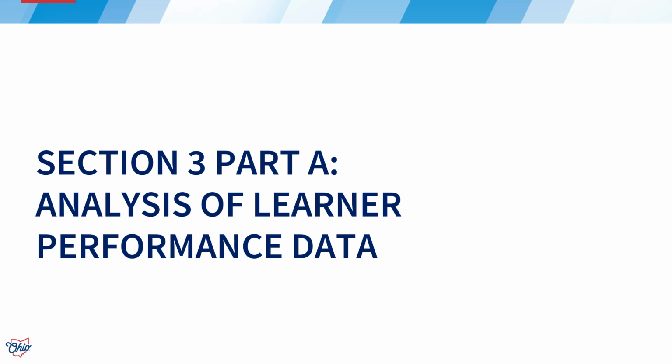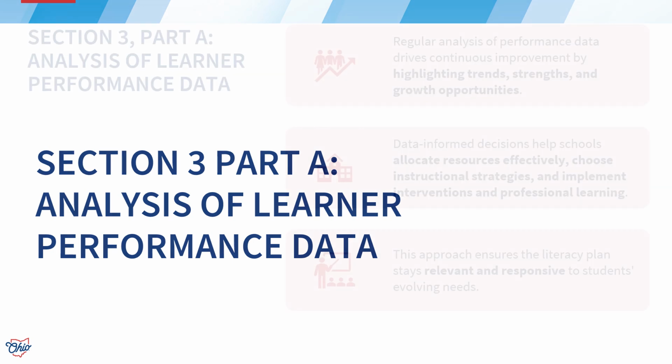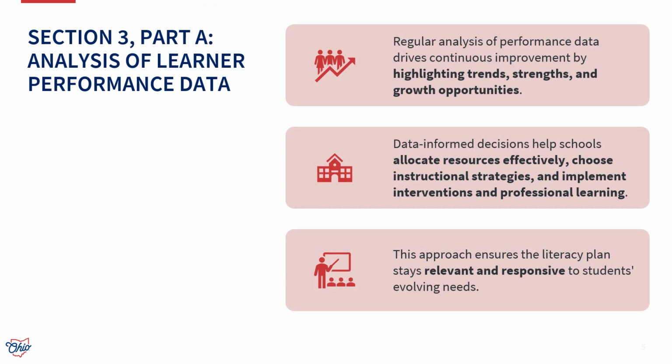First, let's focus on Section 3, Part A, Analysis of Learner Performance Data. Section 3, Part A involves making connections to the inclusive datasets you learned about in Section 1, Part B. Importantly, when all learners are represented in the planning, all learners are represented in the results. By analyzing fully representative data sets, you can make sure your plan is set to meet the needs of all